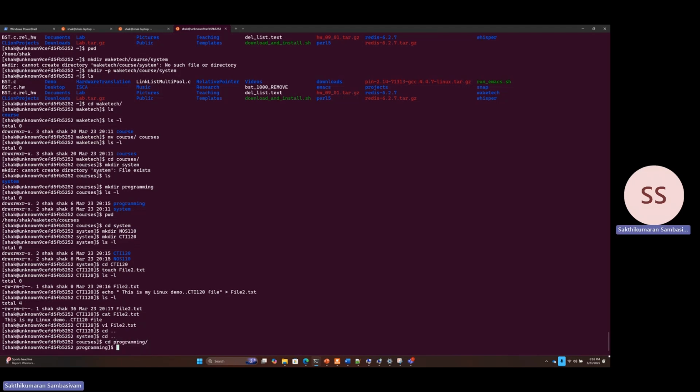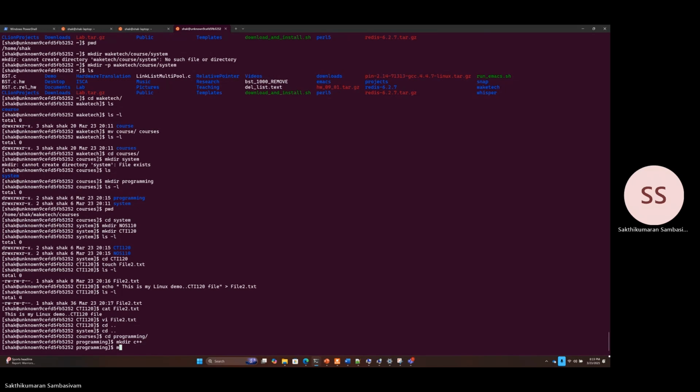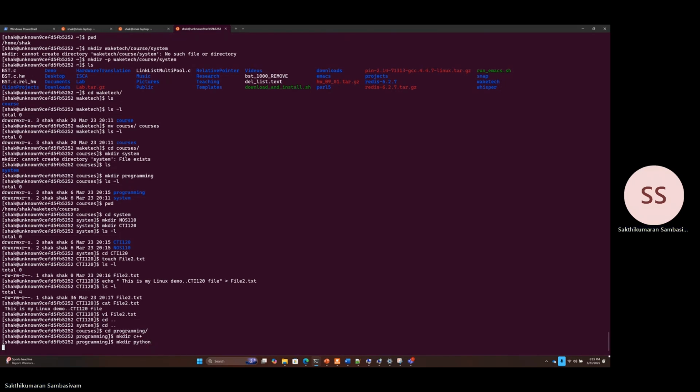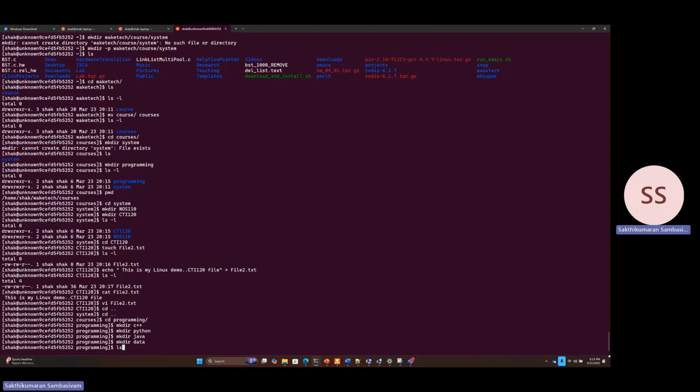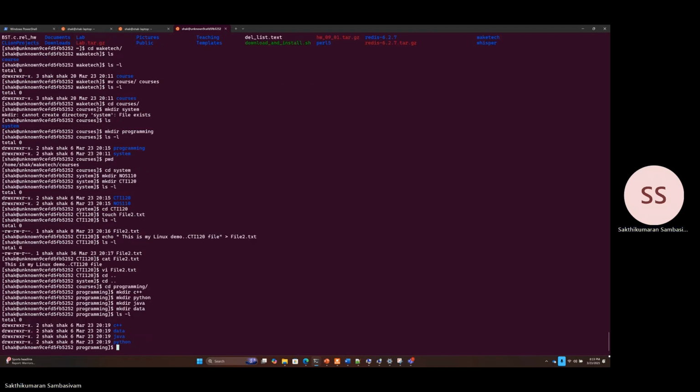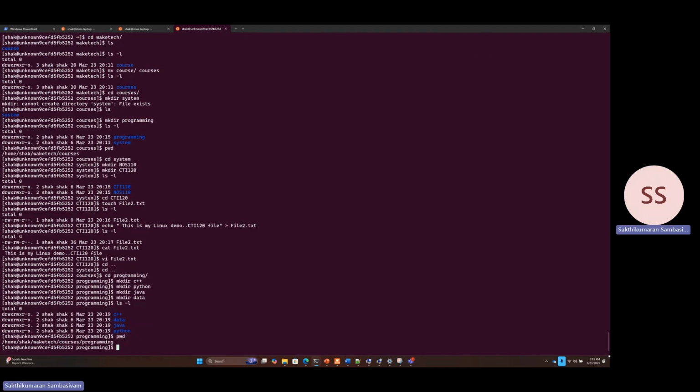So I have 4 children under programming. I can say make there C++, and then I'm going to use Python, right? And then I have Java, and also I have a data directory. So I have 4 directories. If you go here, present working directory, you can see it's following a similar file system structure